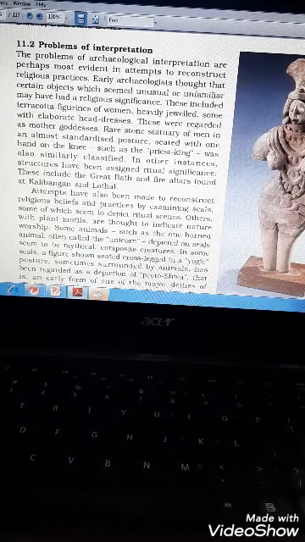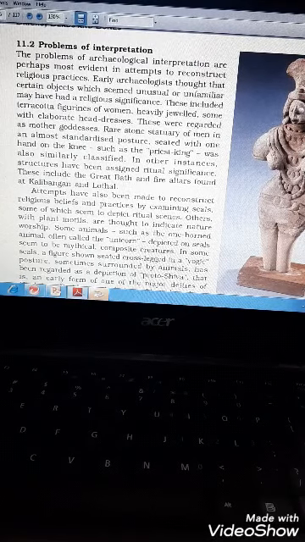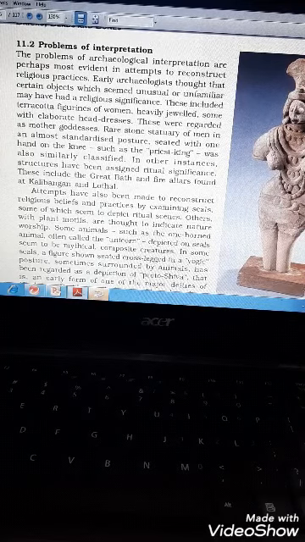Now, to interpret and reconstruct was quite difficult, because when archaeologists found certain objects which seemed unusual or unfamiliar, they gave those objects a religious importance. Now for example, they have found